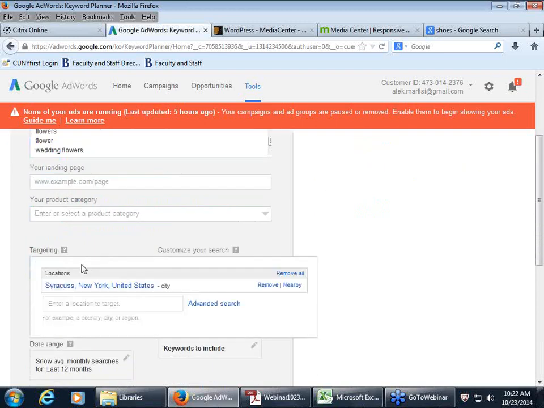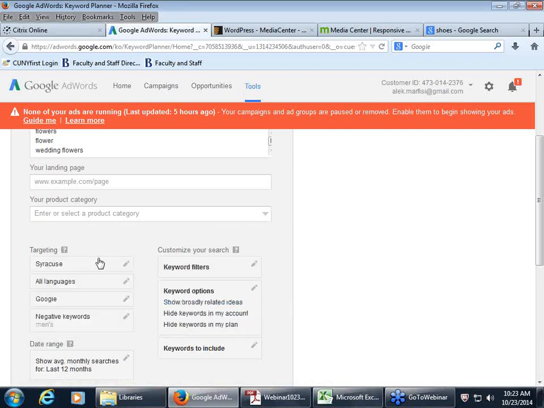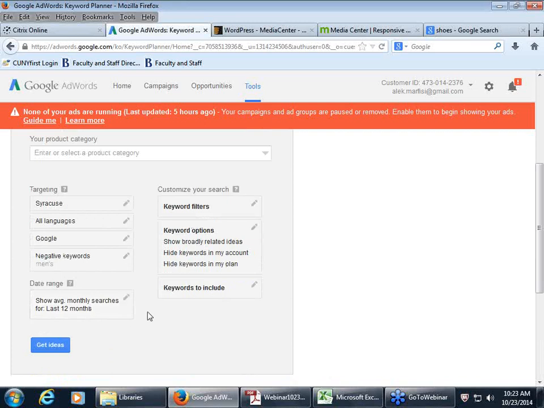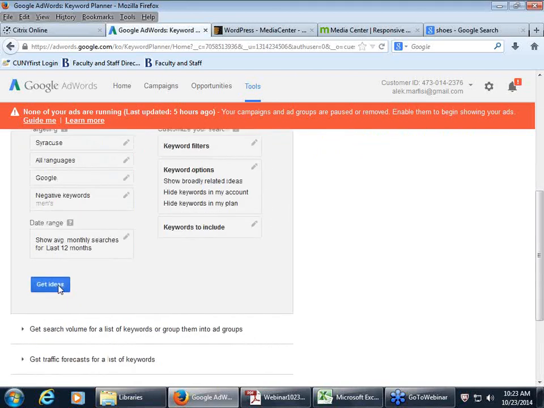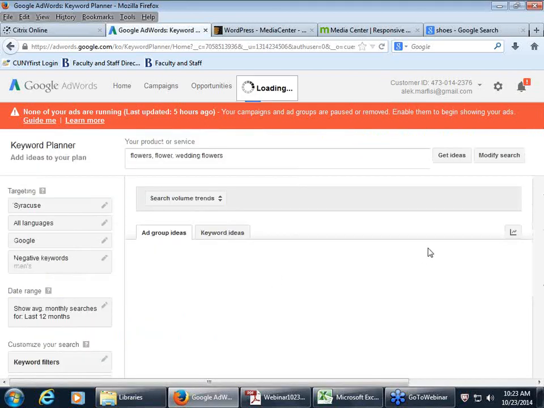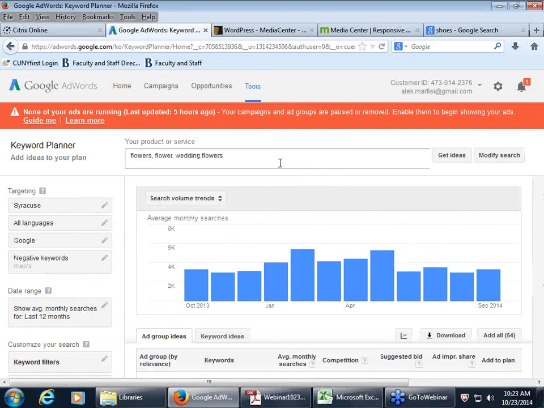and target it. So let's say we're going to run this campaign in Syracuse, New York. We want to focus in on the target audience there. If you're an e-commerce business, maybe it would make more sense to run the campaign nationwide, but for argument's sake, we'll look at just this location. And you can choose when the campaign is going to run. You can also choose which keywords to not associate with your campaign. So when you enter this basic information, it gives you ideas of keywords to use in addition to the ones that you've entered here.